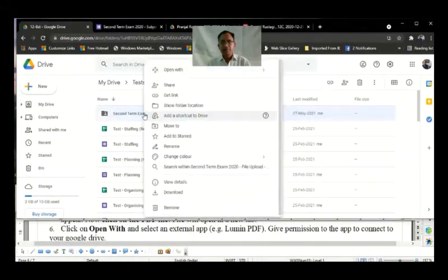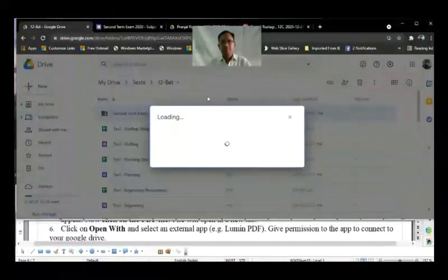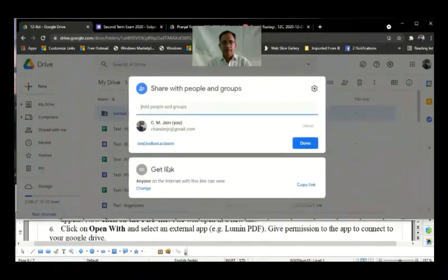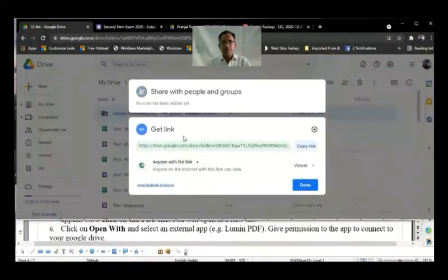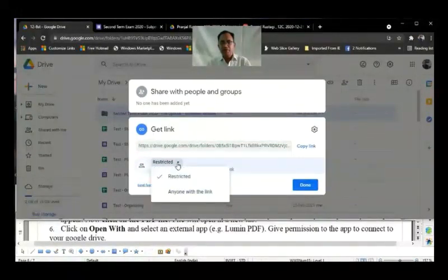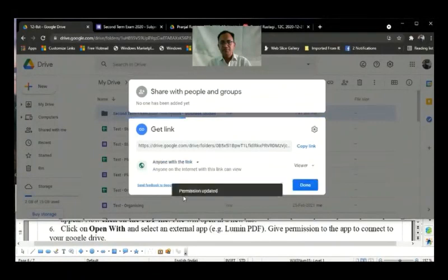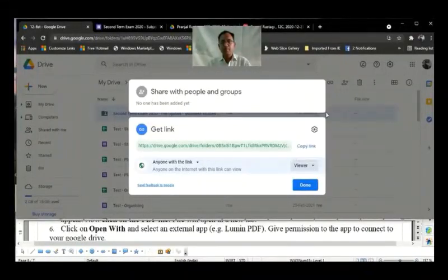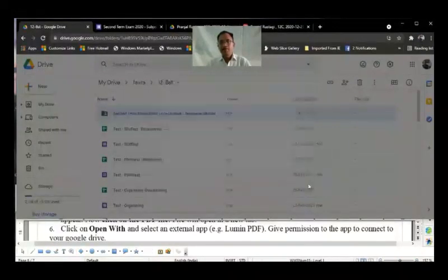You right click on it, click on share, and in get link you change it to anyone with link. Initially by default it will be restricted, but you change it to anyone with the link can view. Do not give editor permission over here, do not give commentator, just give viewer permission so that anyone with link can view, and click on done.